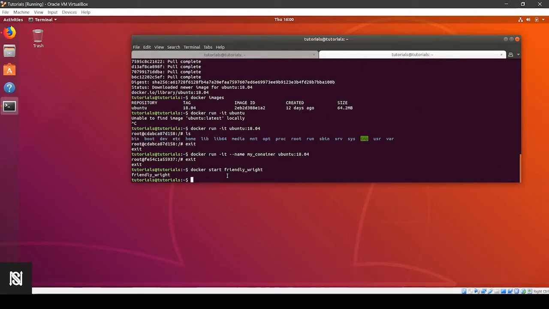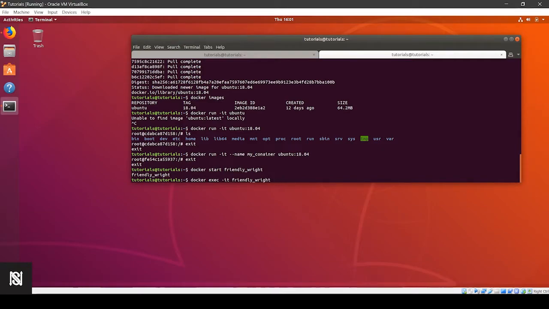Now I want to get back to the terminal inside my docker container. To do that, I use docker exec. Exec means execute a command, -it, the name of the container, so it will be friendly_wright. So actually docker is very smart. You know that tab stands for autocomplete.